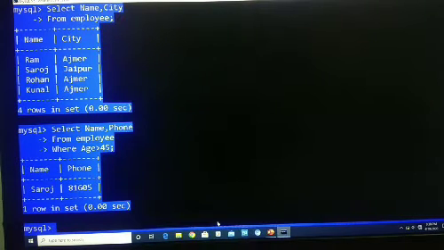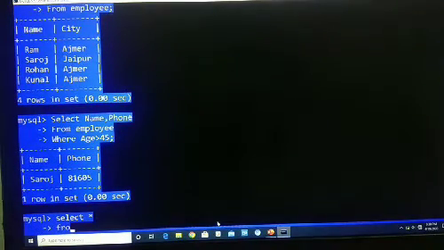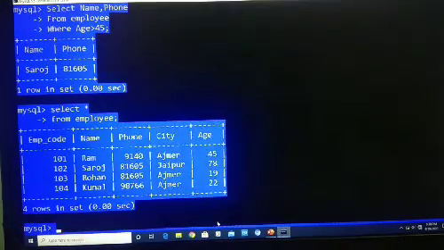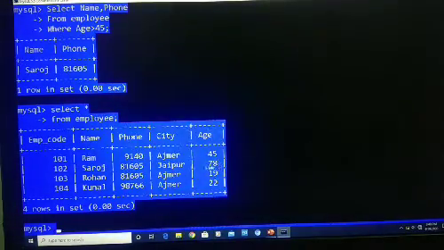Let's check it. Is it correct or not? So we again write and make query select asterisk from employee. You can see here in age column, age should be greater than 45. So 78 is greater than 45. So name of employee is Saroj and phone number 81605. So here is showing Saroj 81605. It means it's correct. Is it clear?